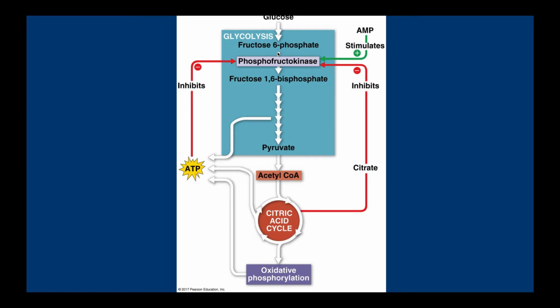And one of the key roles as far as enzymes in the overall process of cellular respiration is back in glycolysis. The phosphofructokinase enzyme acts as an allosteric enzyme, and it has various inhibitors and activators that play a regulatory role in keeping cellular respiration